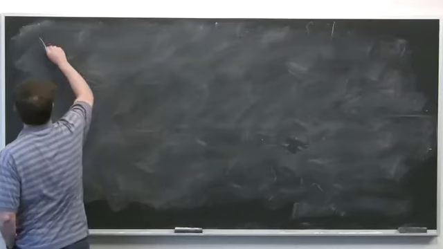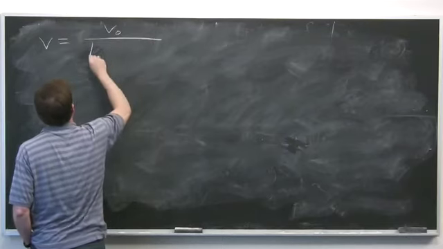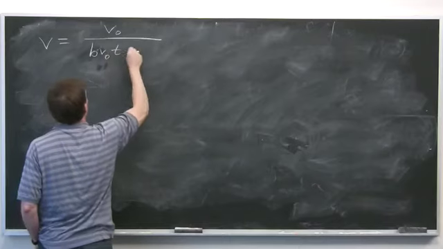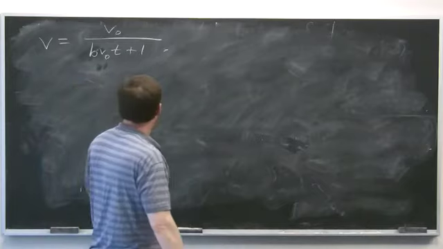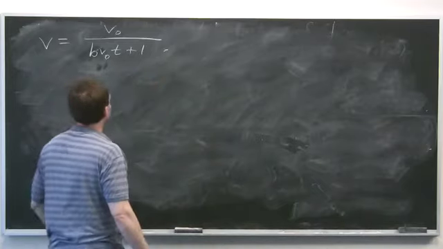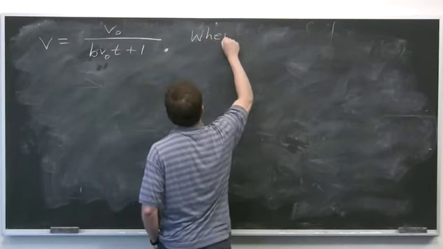So we just found the velocity is v naught over b v naught t plus 1. Okay? We're supposed to show that that constant v naught is the velocity at time 0, but now we can do that. When t equals 0,